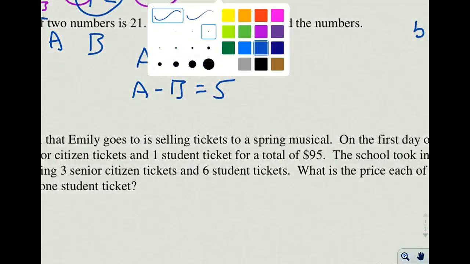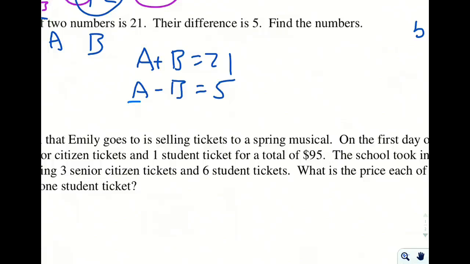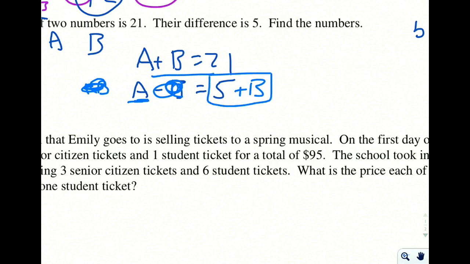So I'm going to solve one of these, and I'm going to pick on this A again, and then I'm going to go ahead and add B to both sides of the equation. So a negative B and a positive B cancel each other, and A is equal to 5 plus B. I plug that in. I know what A is. A is equal to 5 plus B. I'm going to plug that in for this A. So I have 5 plus B,